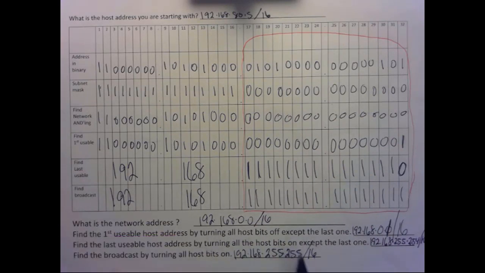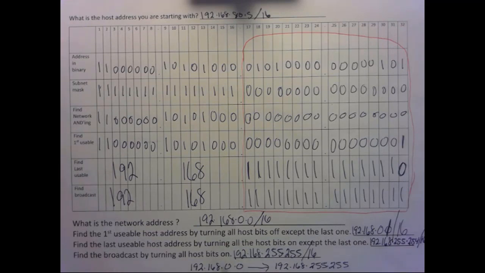So for this network, our range of addresses is 192.168.0.0, that's the network, and it goes through the broadcast 192.168.255.255, with the first usable being 0.1 and the last usable being